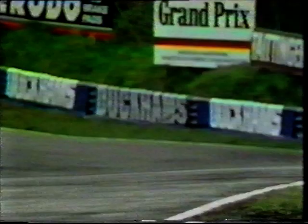Arnoux out of the pits. Nigel Mansell is in the pits, while we look at John Watson, the man who won at Long Beach in the Marlboro. He had tyre troubles in practice yesterday, just as he had at Long Beach. And John Watson is now in 5th position, with Brian Henton 4th. Alan Jones 3rd, Danny Sullivan in 2nd position, Keke Rosberg, the Finnish world champion, he is in